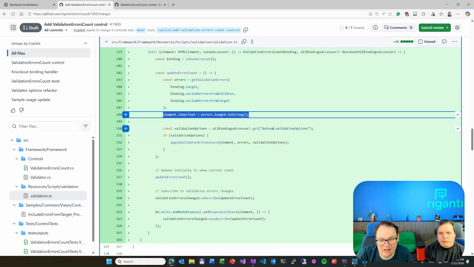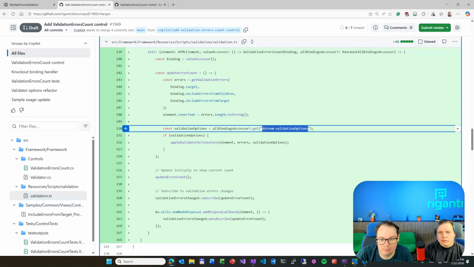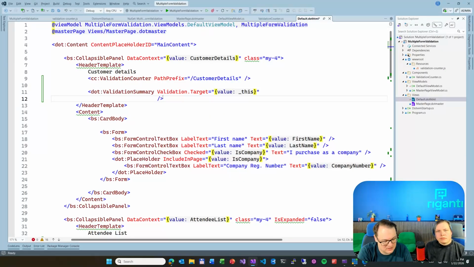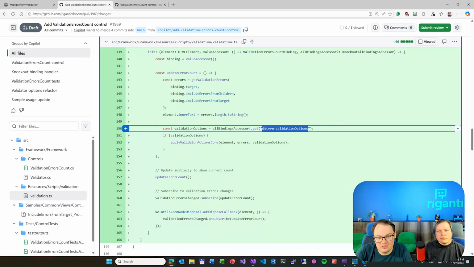So I'm looking at this binding handler which DotVVM produces. If I set either of these properties, like if I set validation invalid CSS class to, for example, is invalid, then it would produce this binding handler which would contain some object that describes that. And I'm already calling a function which we have. If there are some errors, apply that validation behavior to the element we have. Yeah, so I just reused a function we have in DotVVM somewhere else,